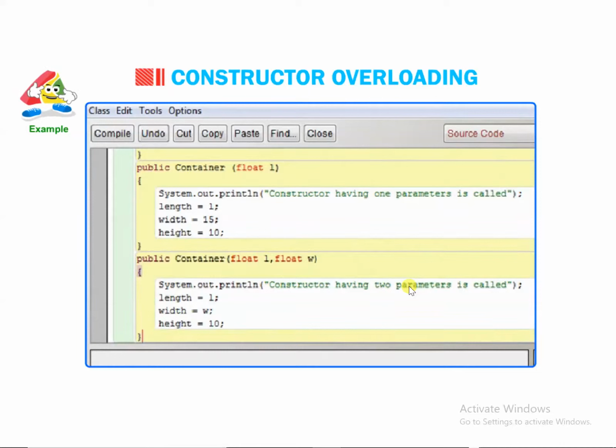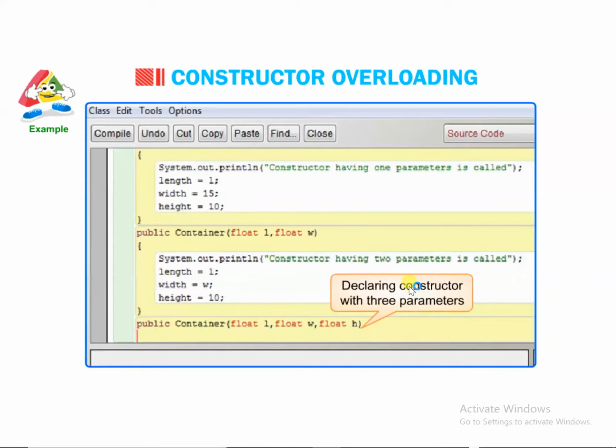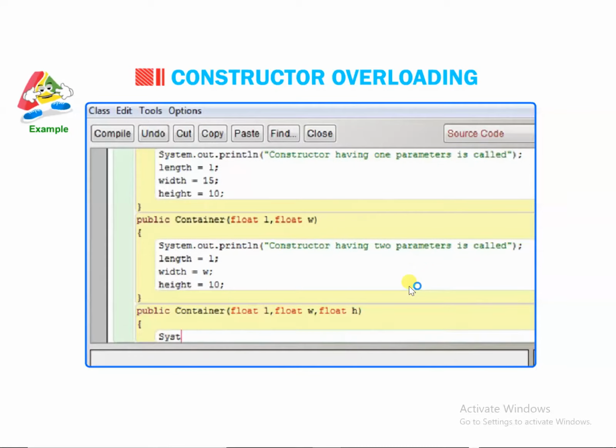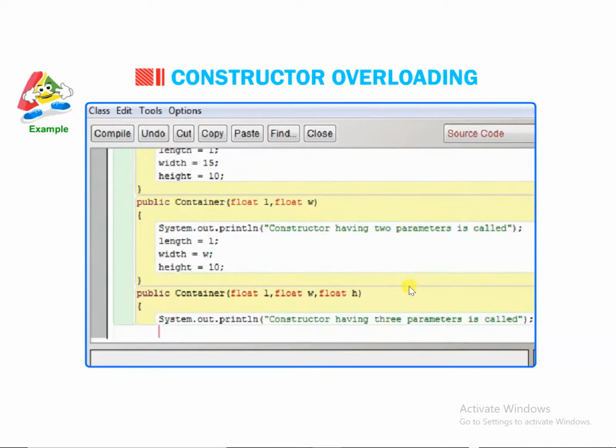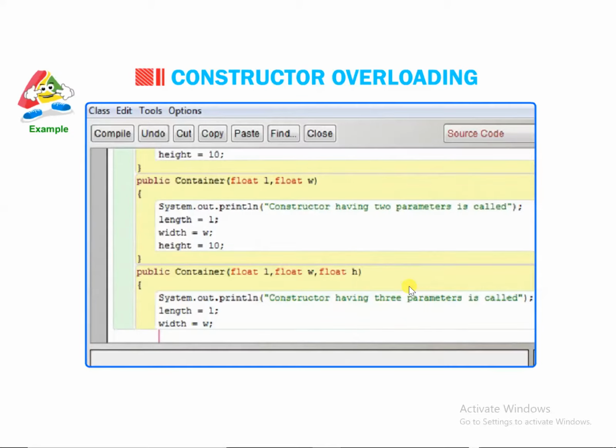} public Container(float length, float width, float height) { // declaring constructor with 3 parameters System.out.println("Constructor having 3 parameters is called"); length = L; width = W; height = H;